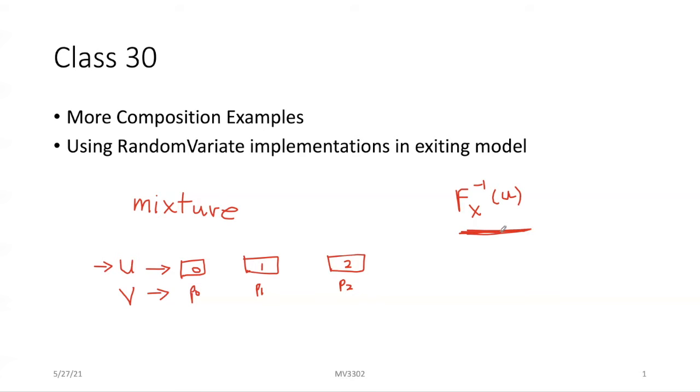There are some special purpose methods that exploit the properties of the probability distributions. Again, we're not going to get into that. You can use not the inverse transform method, but something called the acceptance rejection method. And again, for the interested student, a description of that is in the reading. And you're not going to be responsible for that because